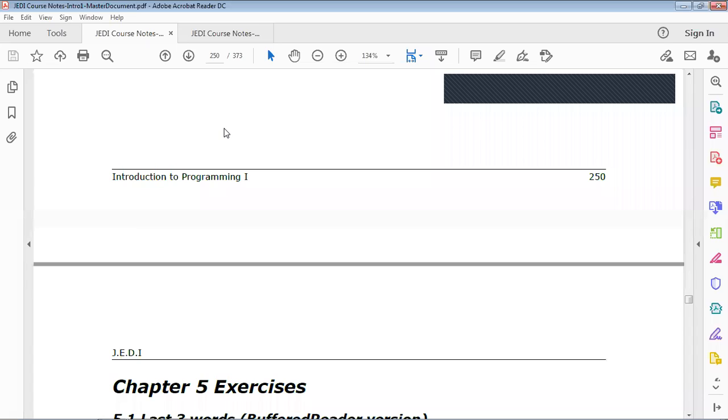At the end of the lesson, the student should be able to first create an interactive Java program that gets input from the keyboard. Second, use the BufferedReader class to get input from the keyboard using a console, and use the JOptionPane class to get input from the keyboard using a graphical user interface.